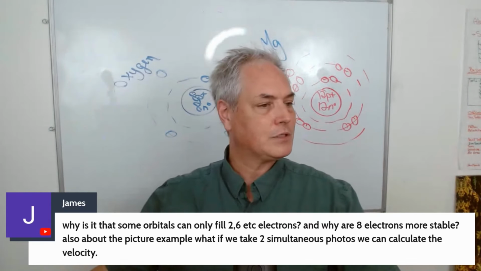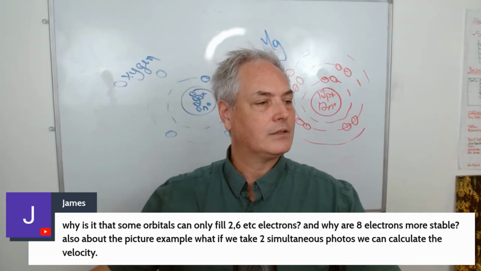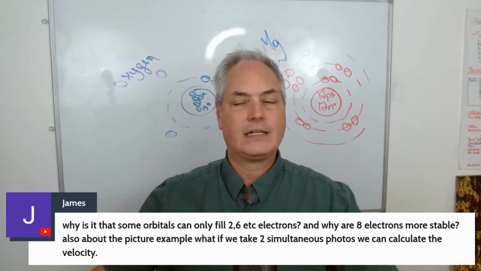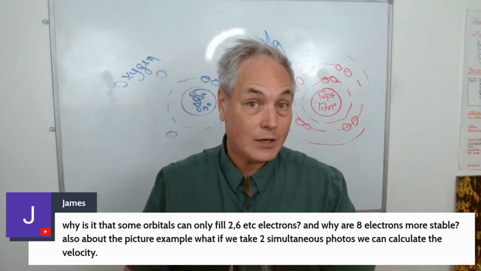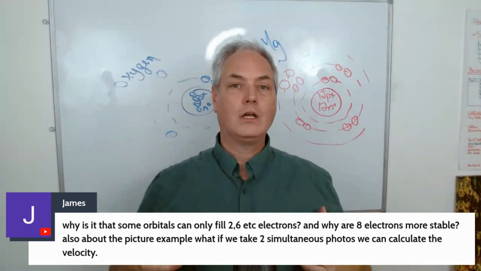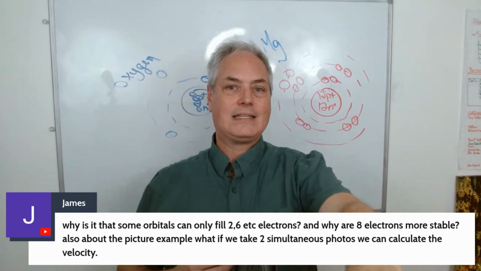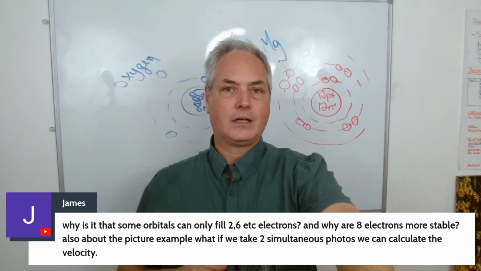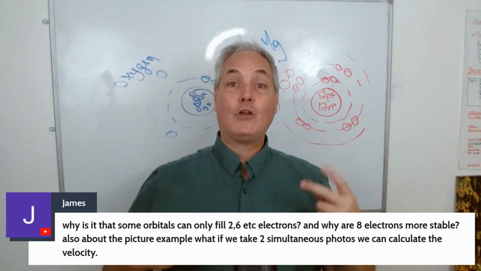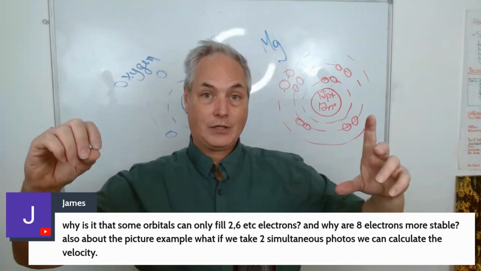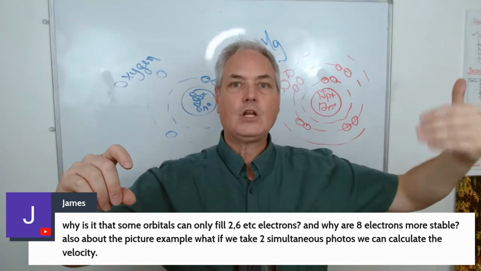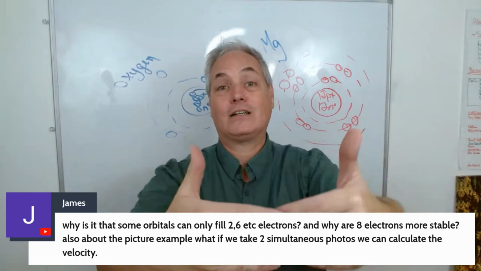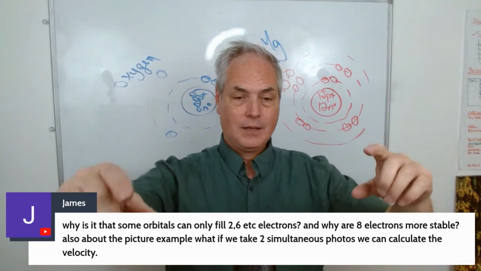And your second part was about the velocity, taking 2 pictures simultaneously. So what I was doing here is that if you're on a highway, on a bridge, you take a picture, you can see the car at one spot. If you have 2 cameras, you could say, okay, I'm going to take a picture, and then 1 second later, I will take another picture, and then I can figure out the speed of the car